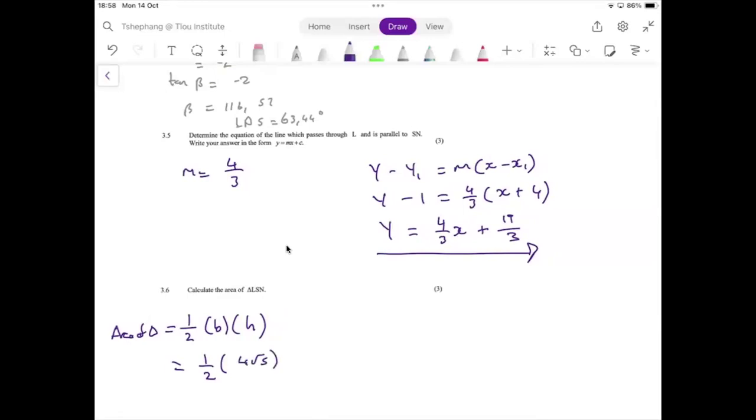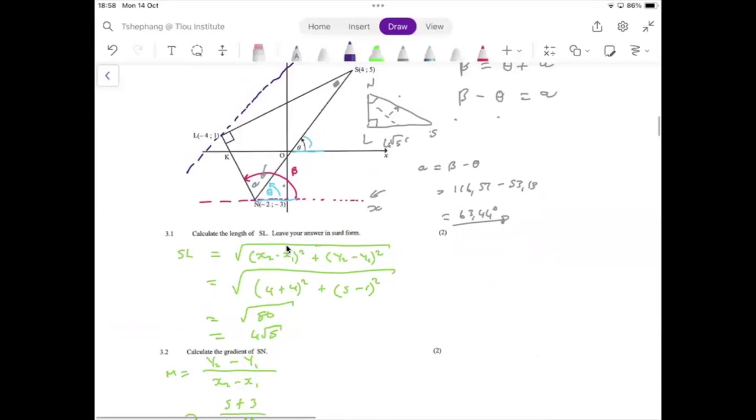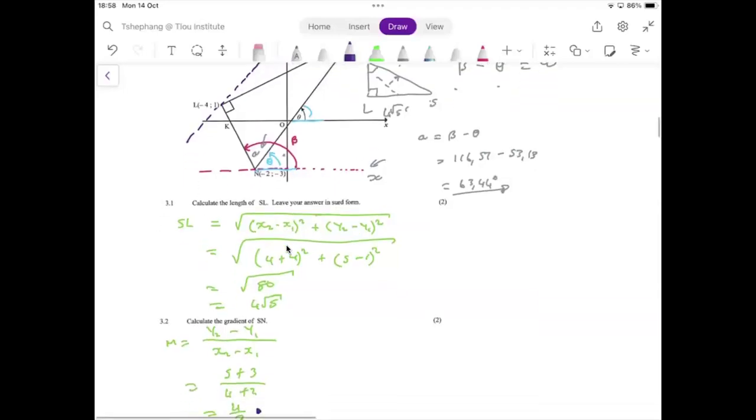Remember, it's multiplication. It doesn't matter as long as I have a base and a height. But what I used is SL, meaning that I need to now find the distance LN. So the distance of LN would be